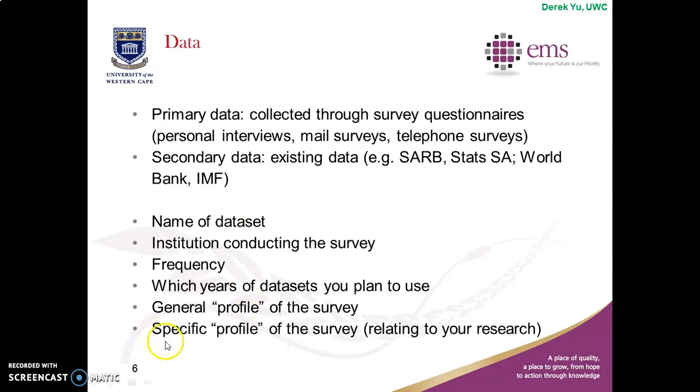And then the last paragraph, you are supposed to explain the specific profile of the survey. In other words, the standout feature of this data set that convinced you. Why did you decide to use this data set? So if I go back to the example from a few lectures back, remember the research topic, examining non-income or non-money metric poverty by province, you remember that? Okay, then I would argue that I would use census because census asked many questions on non-income welfare, such as